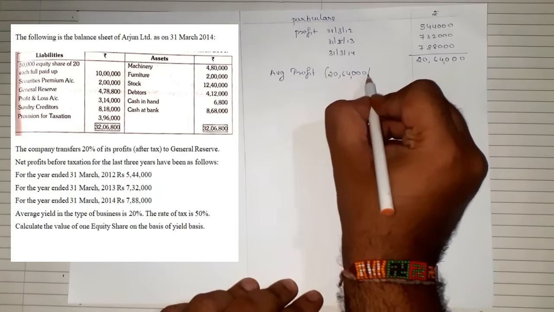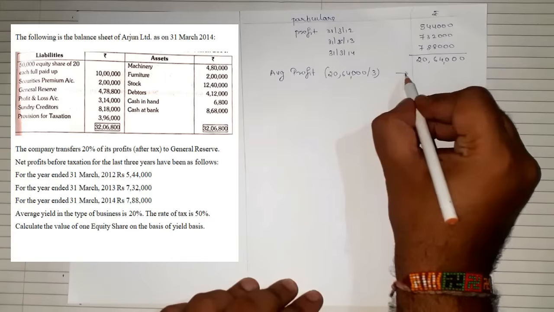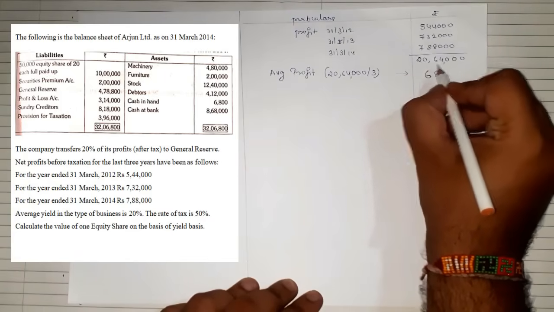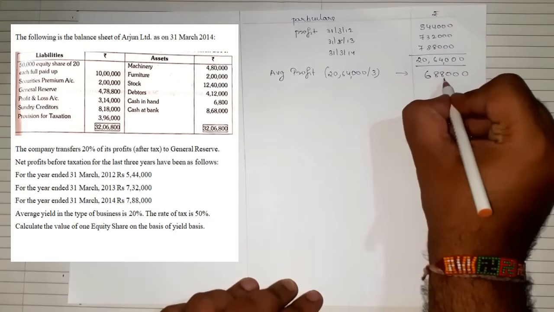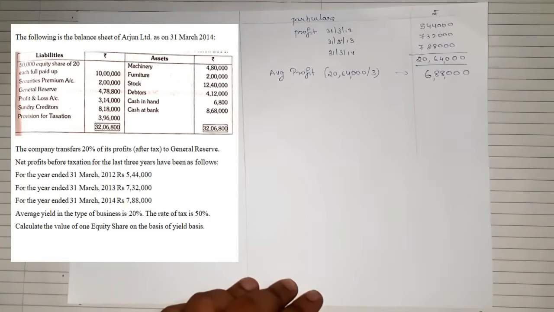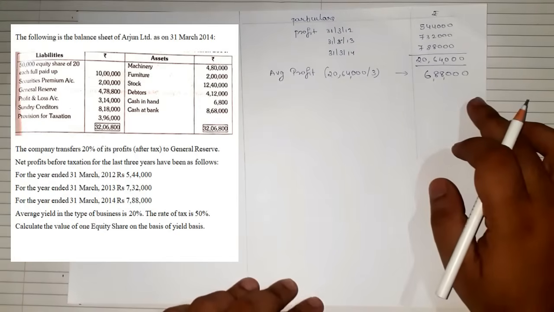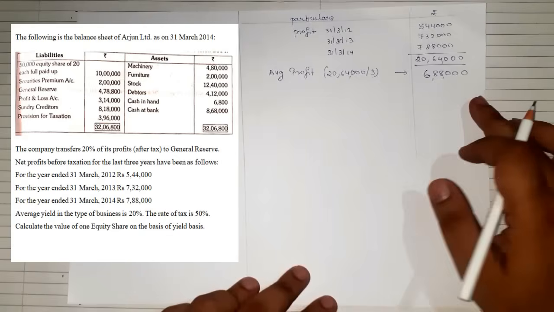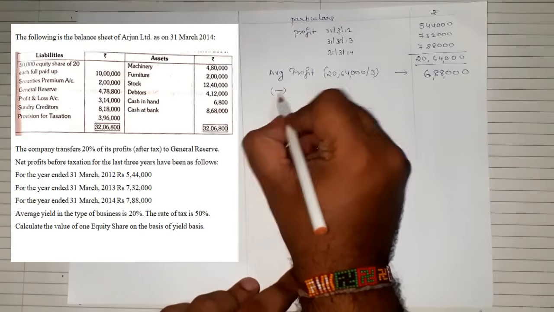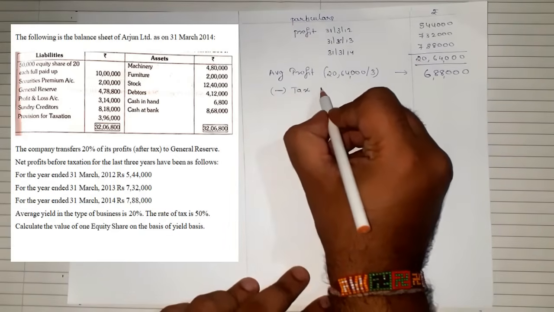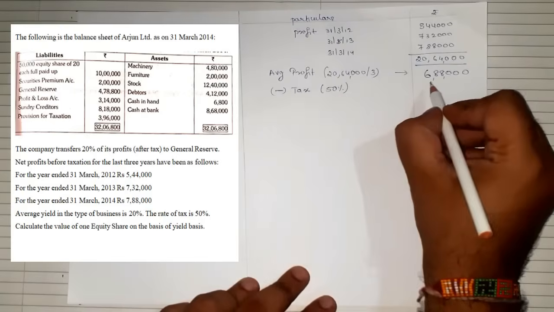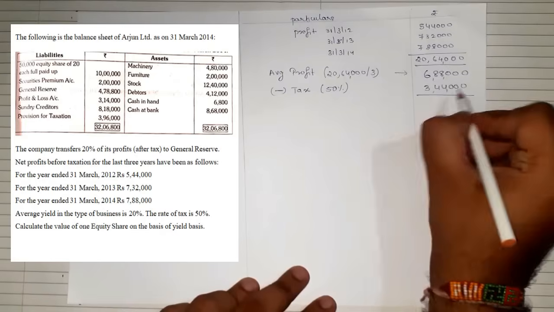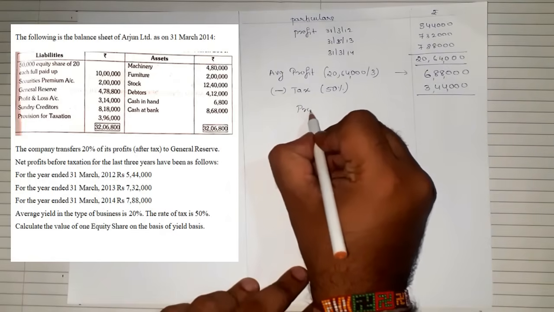20,64,000 divided by 3. So once you divide by 3, we should get this answer as 6,88,000. So my average profit is 6,88,000. That is nothing but profit before tax. So now since this is profit before tax, our next step will be less tax. And in the question they're giving you tax at 50%. So we are going to find 50%. That will be 3,44,000. You subtract, we will get profit